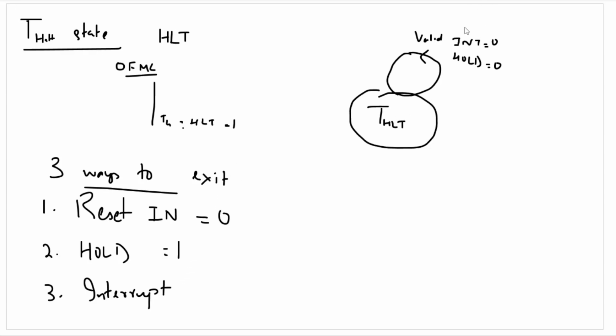So if INT is equal to 0 and hold is equal to 0, it will continue to remain in the T halt state. But if reset in becomes equal to 0, that means it's active low, it will exit out of this and enter the T reset state,